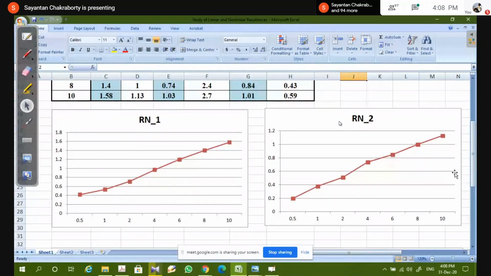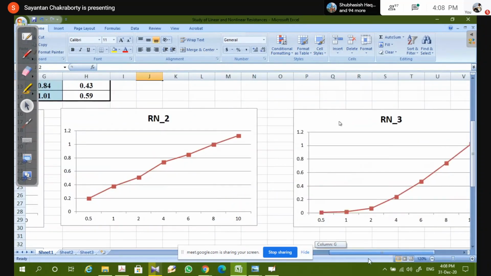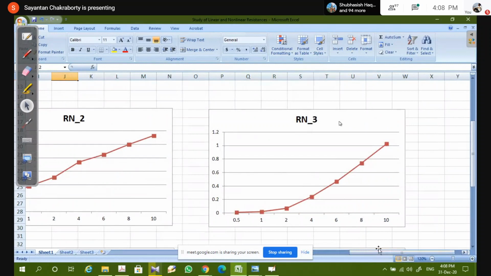Obviously, this is a curve obtained from an Excel sheet, so we may not expect a very good one. This one is more or less okay, fine. It's straightening down or flattening down. This one, if you get the data, you should go for a mean curve, okay, keeping the nature in mind. And if you go for RN3, see, this is a diode bridge, so it typically has that particular nature, right?